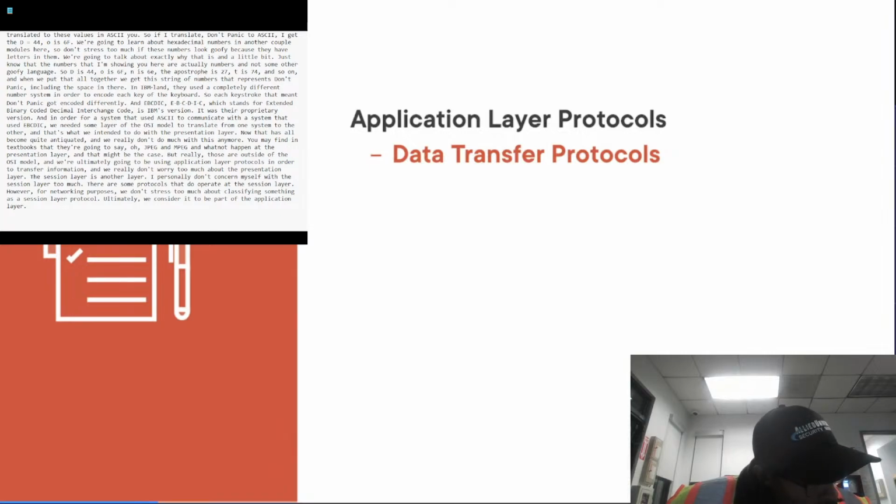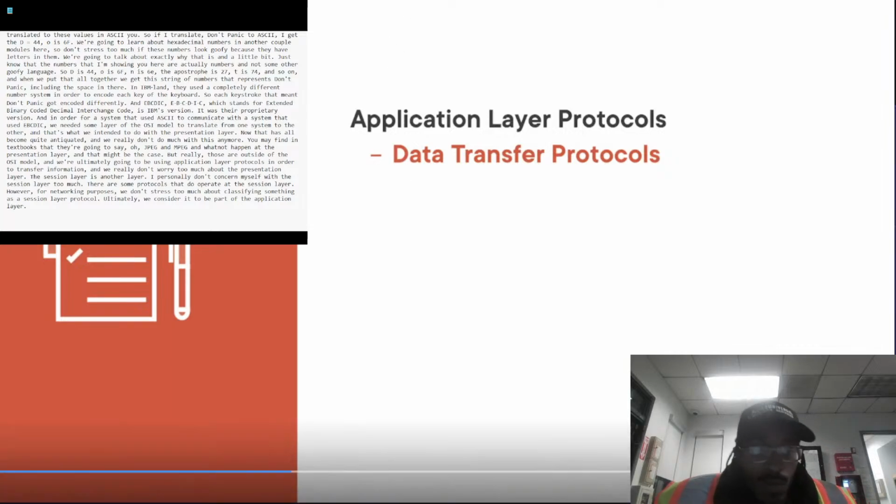So we're going to start with data transfer protocols. Now, almost everything in data networking is moving data from one device to another. However, there are some that meet this criteria more than others because we're actually moving a file that we're using as users versus doing some kind of network